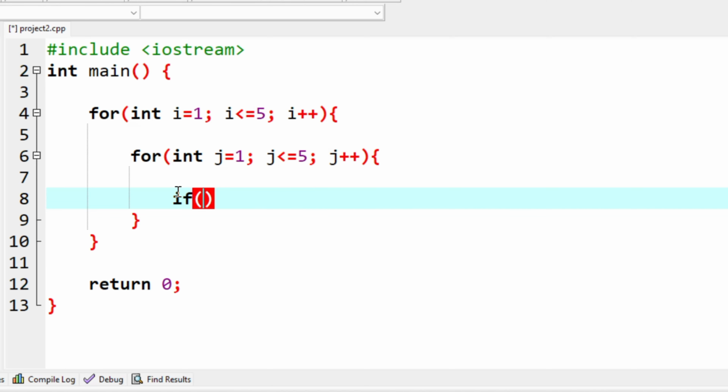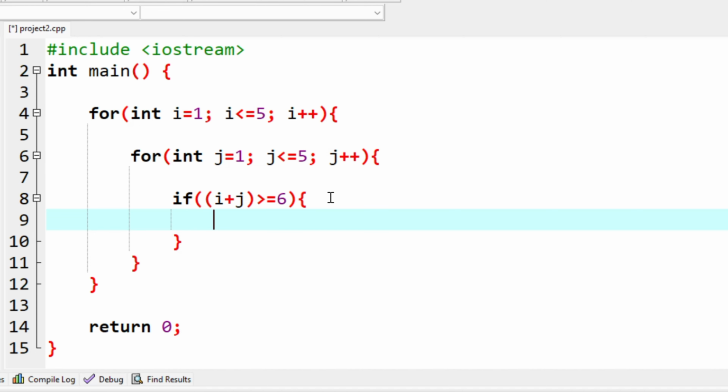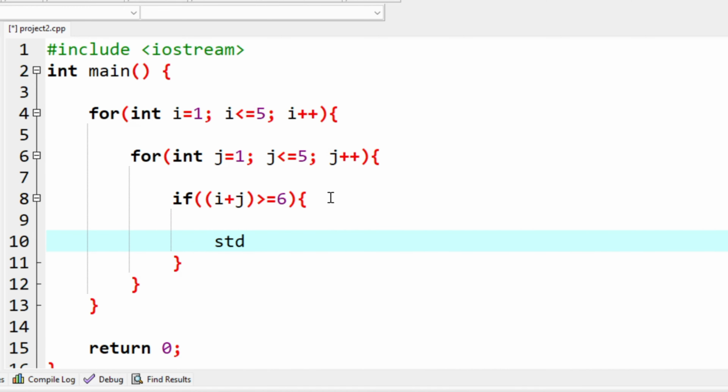It says that if i plus j is greater or equal to 6, in this case we print, std::cout, we print here a star like this, and then